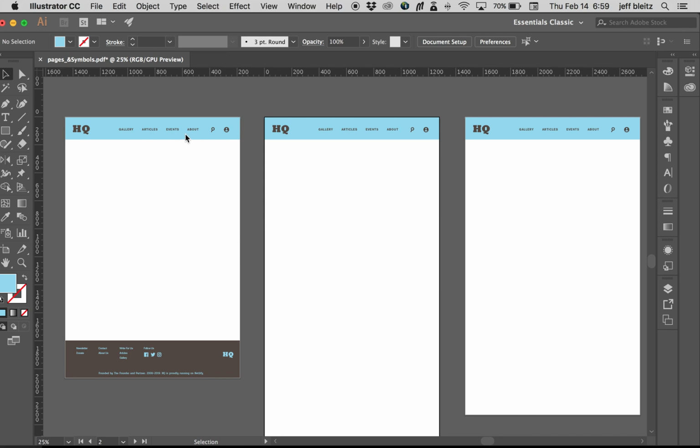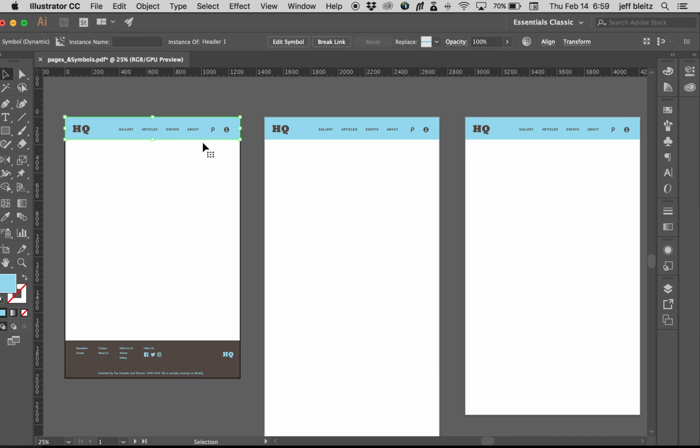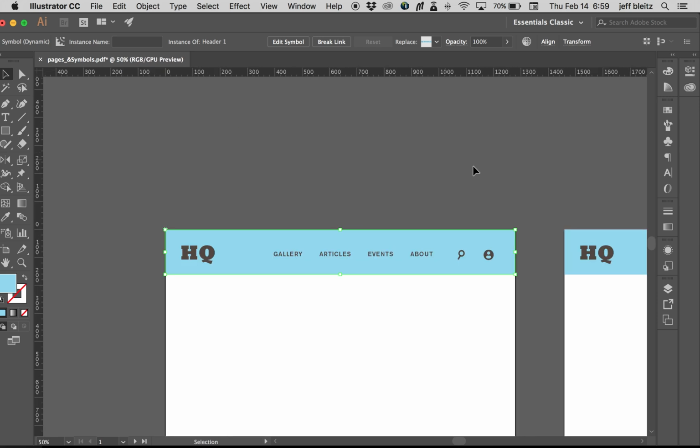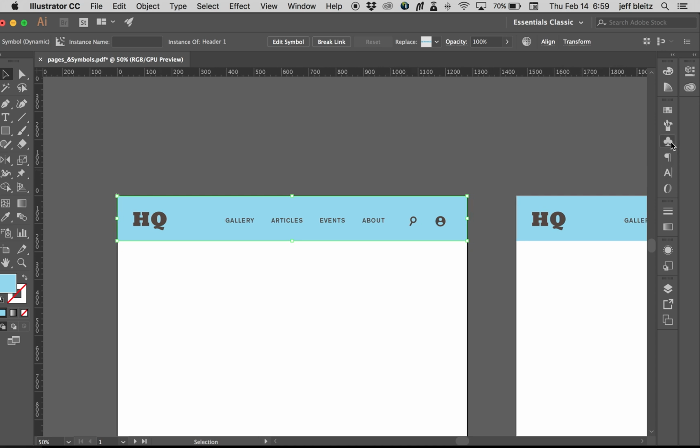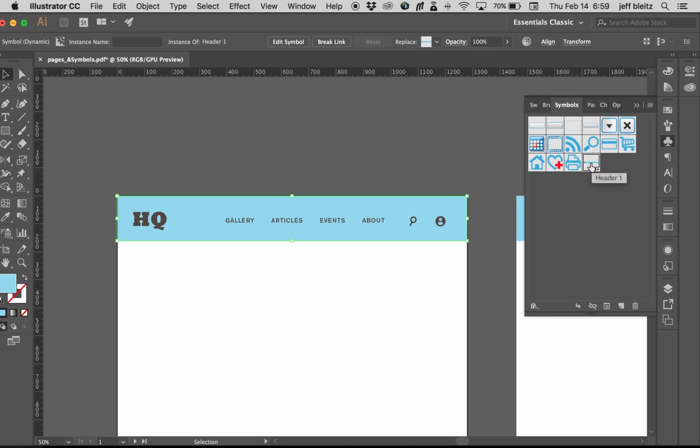Building on this ability to use symbols repeatedly across multiple pages, I can also make different versions of symbols if I'm still experimenting with the design. So if I come to my symbols palette, this is the symbol that I created. I can also select that here and duplicate that symbol,